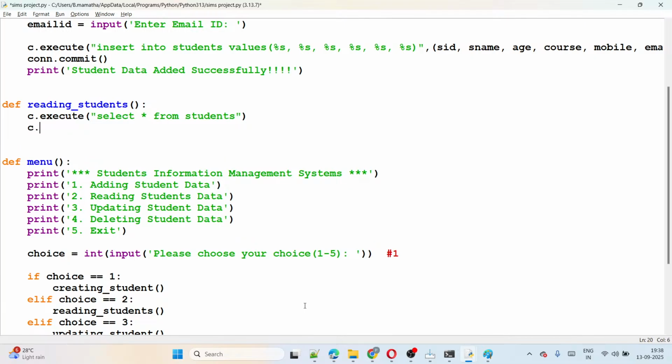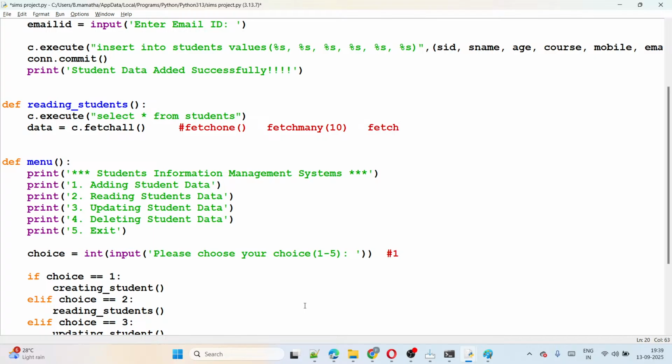So now observe here. What I am saying now: c dot fetchall assigned to some data variable. See here, 3 functions are there. The fetchone function fetches only the first row. Next, fetchmany of something like 5 fetches the top 5 rows. Top 2 rows, top 3 rows, top 10 rows, like that. And then if I want all the data,